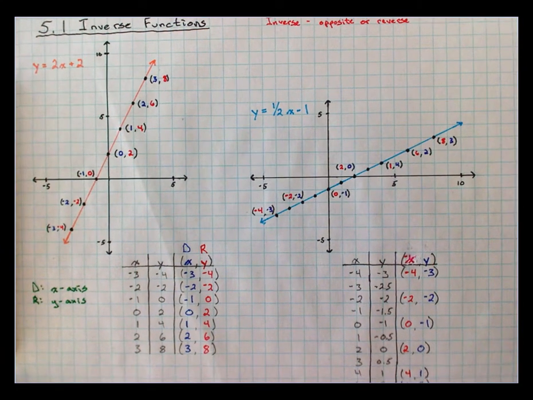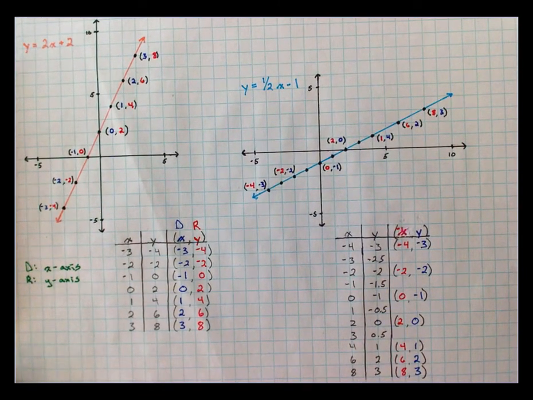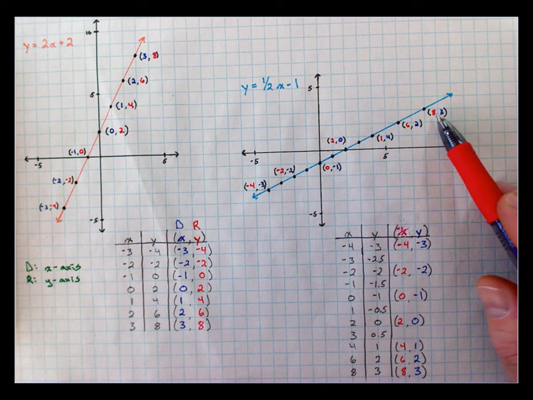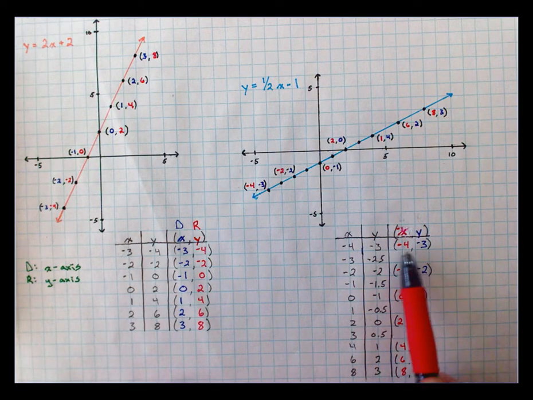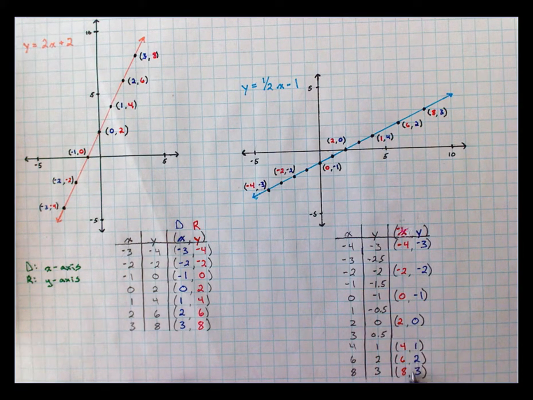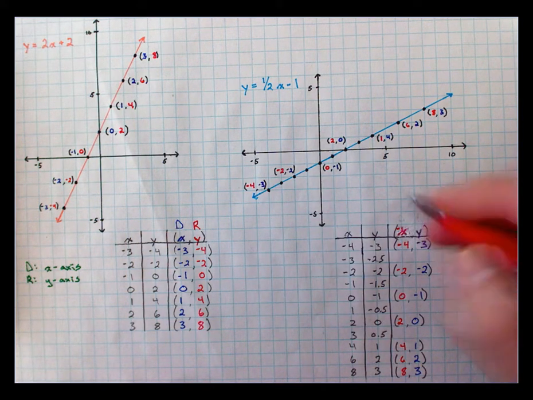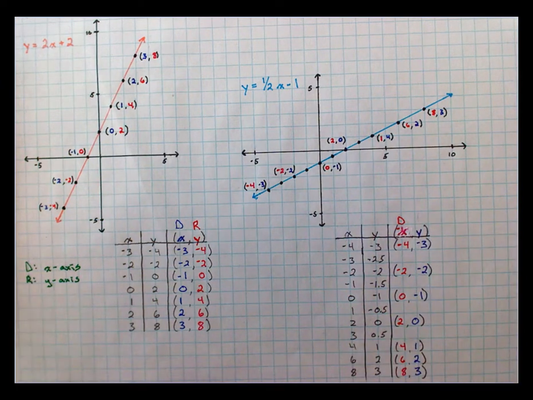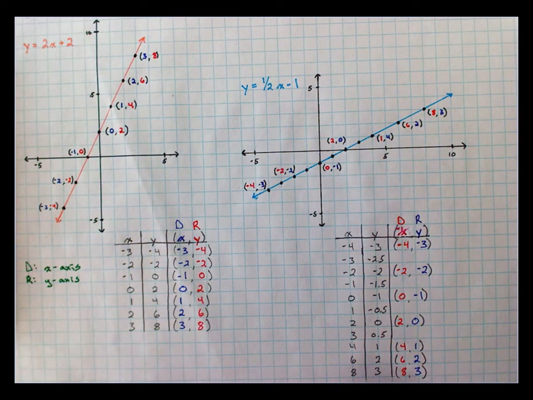For the second equation, I'm going to slide this up. I have also plotted points on my graph. And what I've done is I've only listed out these coordinates. But what I have written for this one is that the domain for this one is in red and the range for this one is in blue. And the reason that I did that, if you will notice,